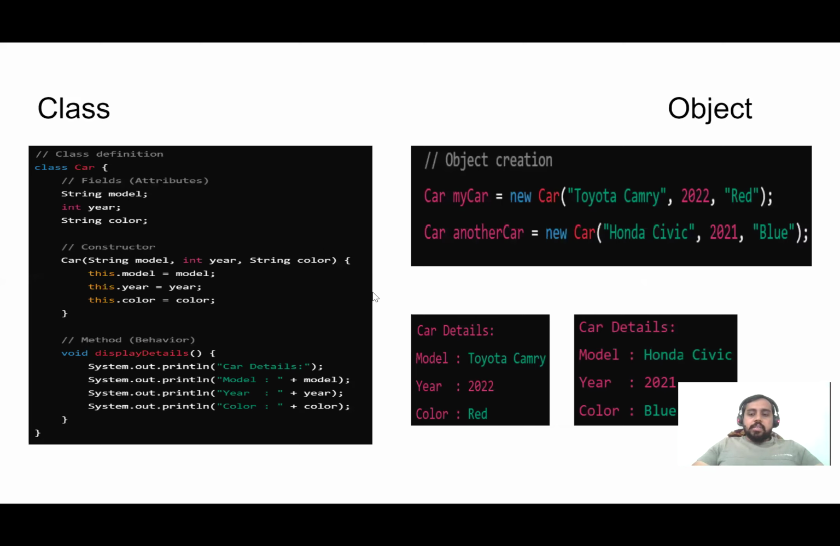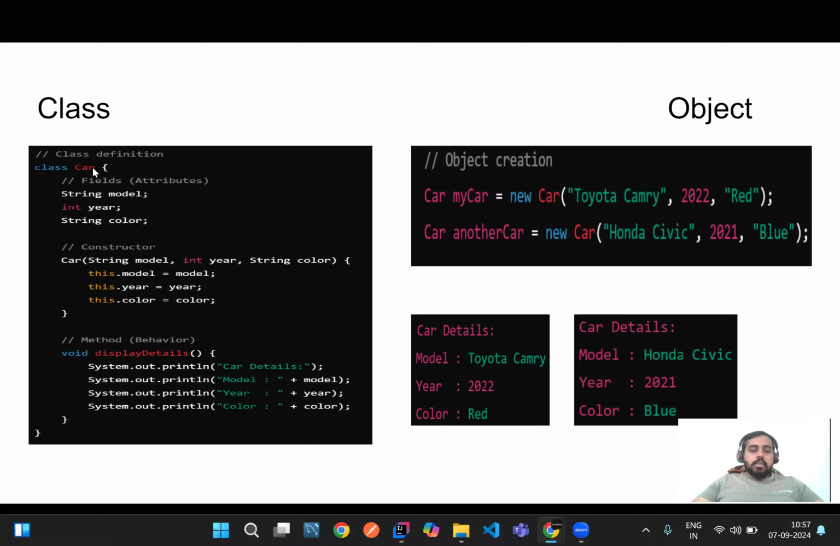This is a class example where you can see we created a class Car. This is the name of the class. Inside we defined fields, also called attributes. We have a String model, since we are defining a Car class. The Car class consists of basic fields like the model of the car and the year in which the car was produced. So we declared a variable called year, of type int, and a variable called color, of type String. These are all the fields, and we have one more